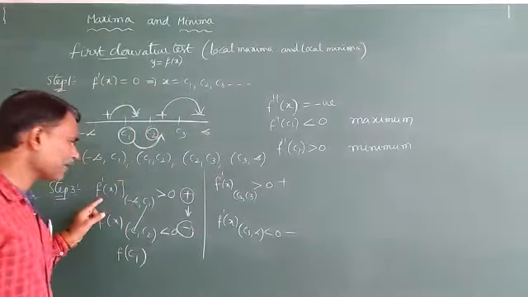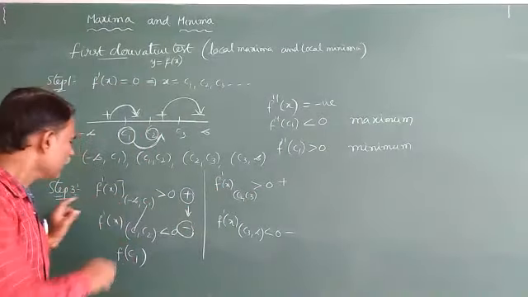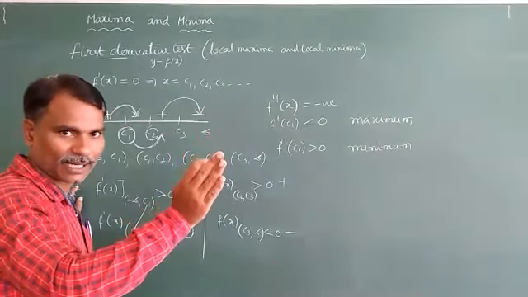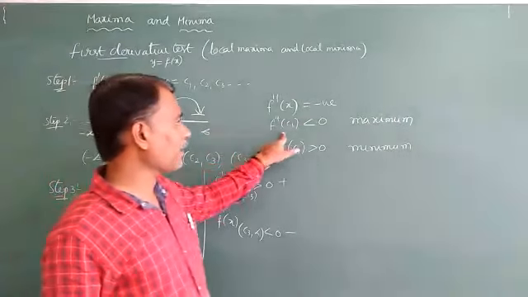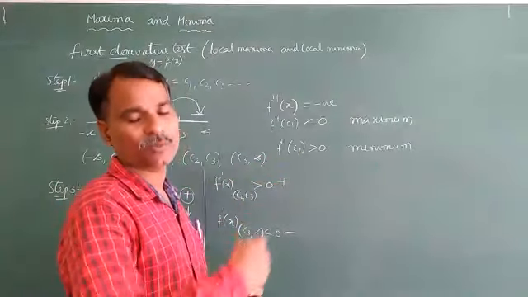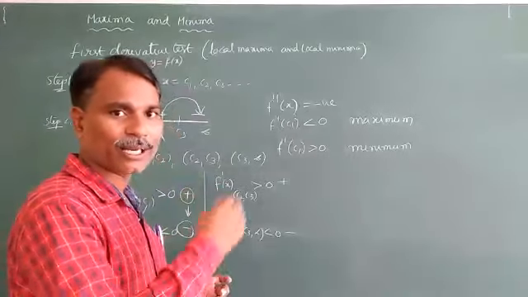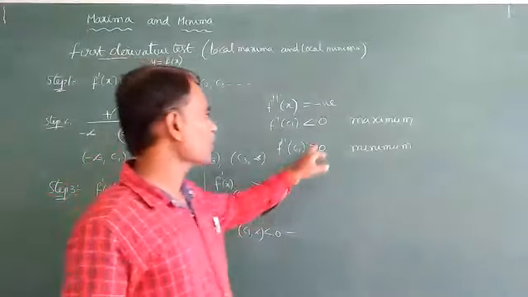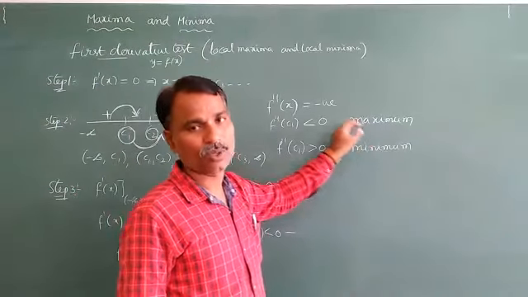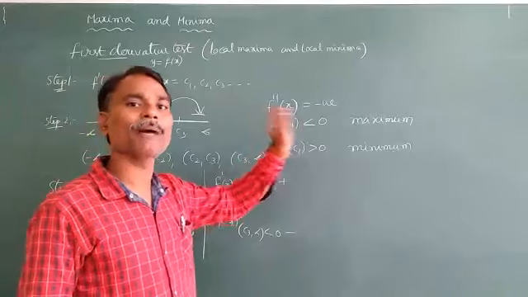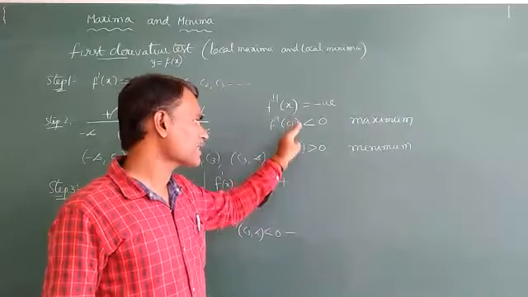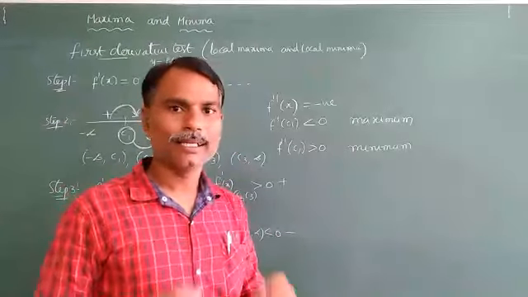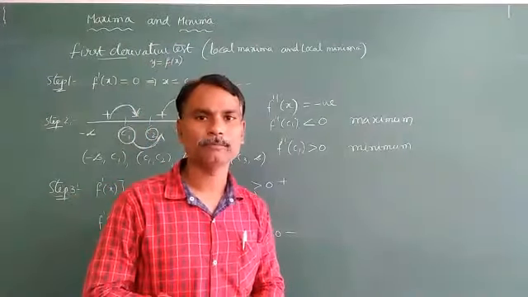So observe it. Generally, what we are saying is increasing, decreasing function. In the first derivative test, greater than 0 means increasing. Clear? And the same with the double derivative: less than 0 means the opposite comes. So if double dash of x is less than 0, maximum. If double dash of x is greater than 0, minimum will come. So clearly, you have to remember these two words in mind.